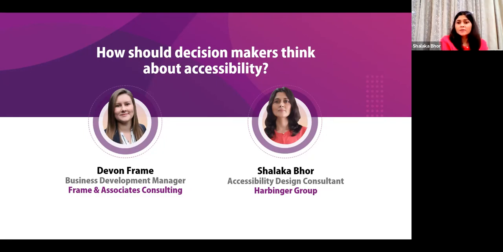So WCAG criteria are divided into 3 levels: level A, AA, and AAA. So with level A, we can achieve basic level of web accessibility features. Level AA deals with biggest and most common barriers for differently abled users.